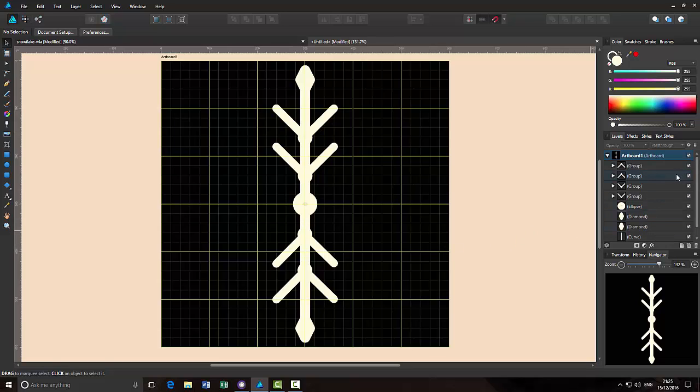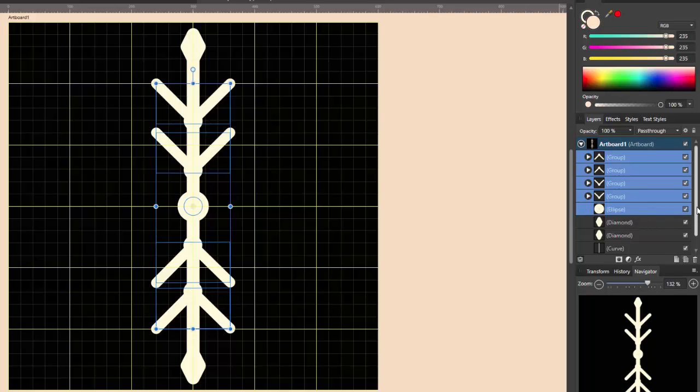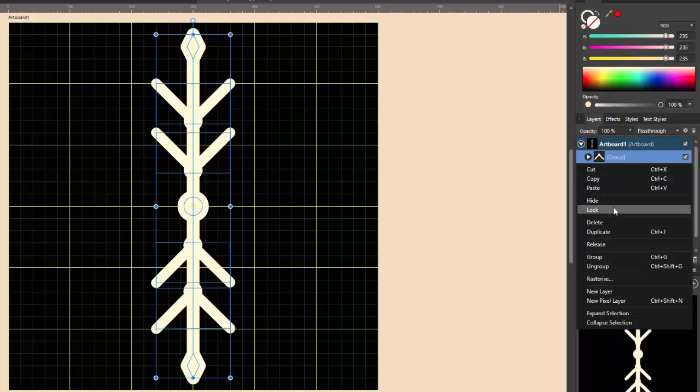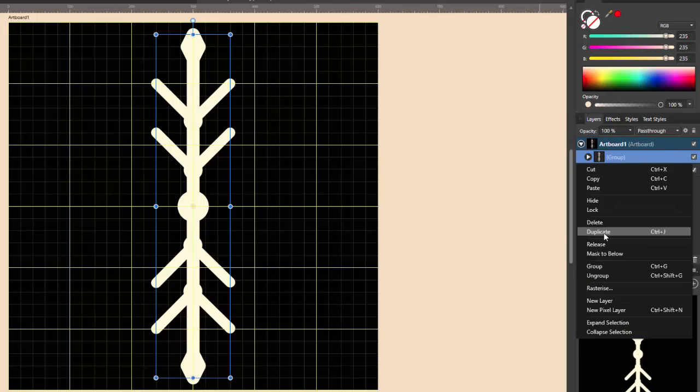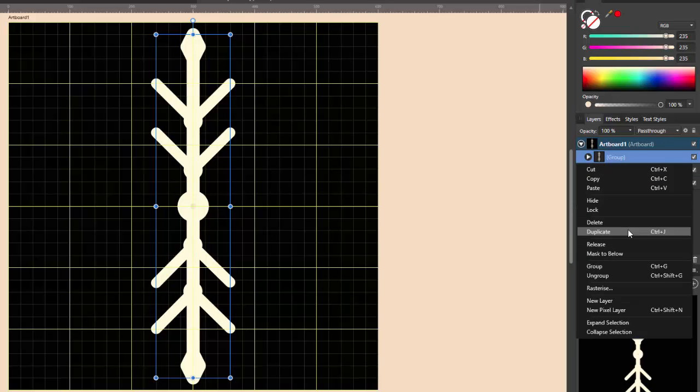So all I need to do now is click, hold down the control button and then click on all the elements that I've made so far, but not the bottom black layer, and then right click and then group. So now we have just the one group of that, and then I'm going to right click that, duplicate it once, right click, duplicate it again,